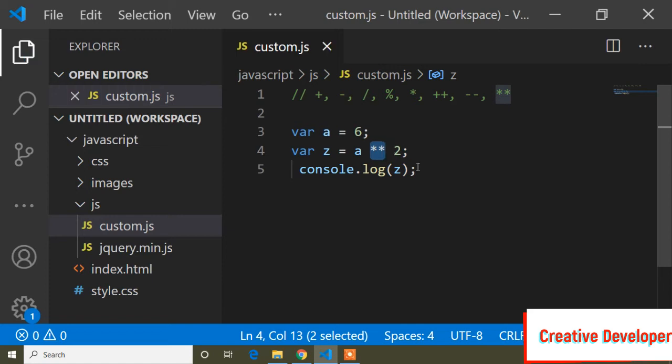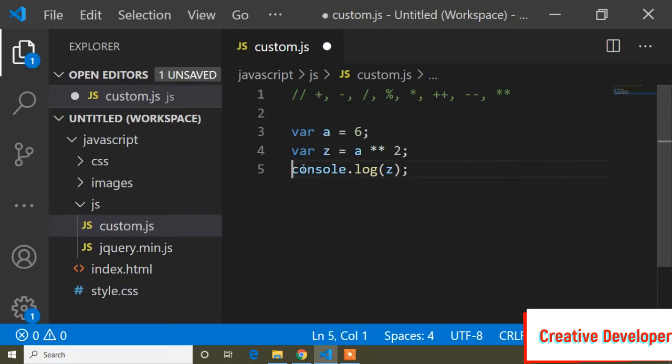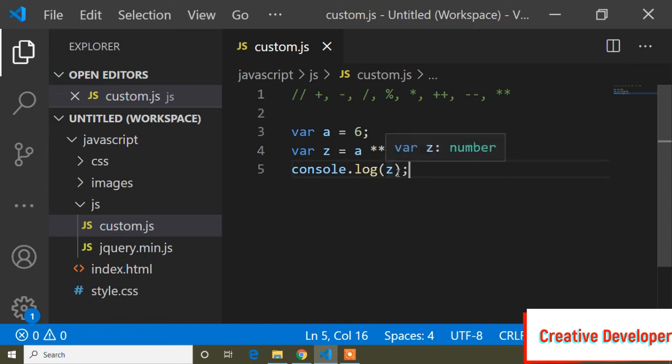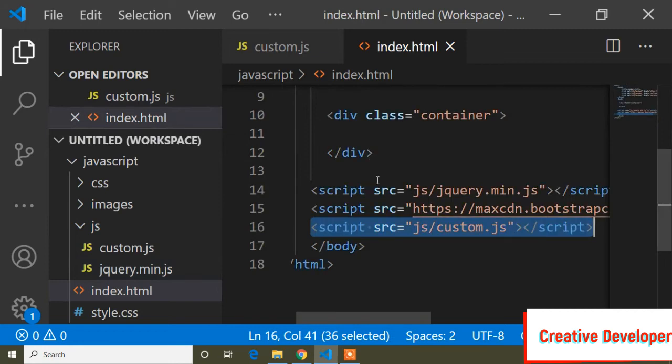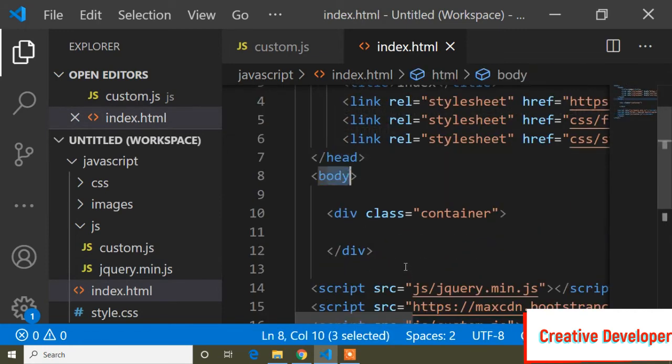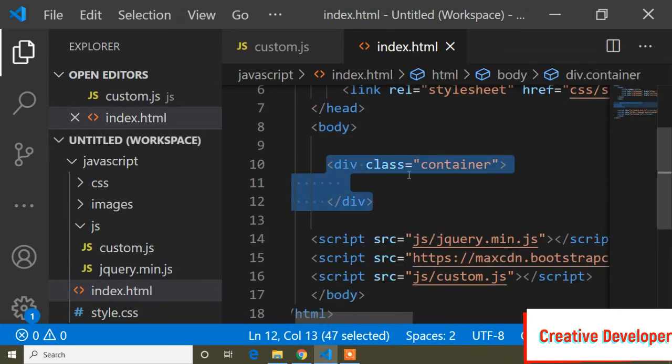And guys, now here I will show how to print the value in an id, like any tag or any element you can say. So here we are printing this value inside console.log, but suppose guys I want to print in any element, like here I have an index.html file. So guys, I can define this is the body tag, and here I have a bootstrap container class.